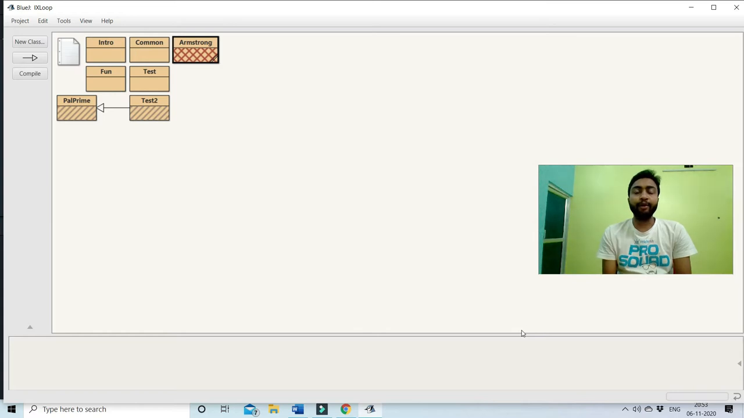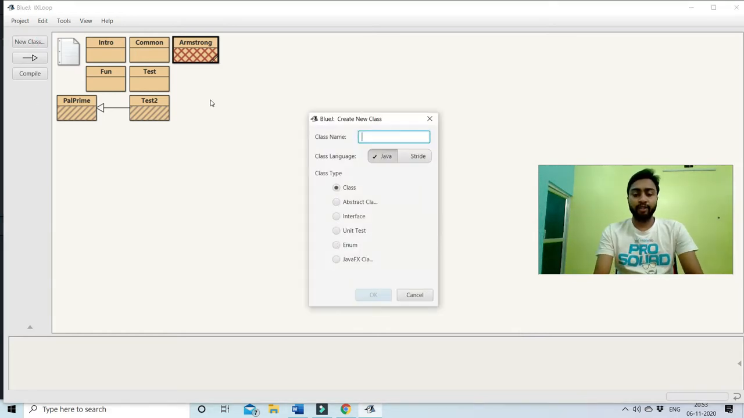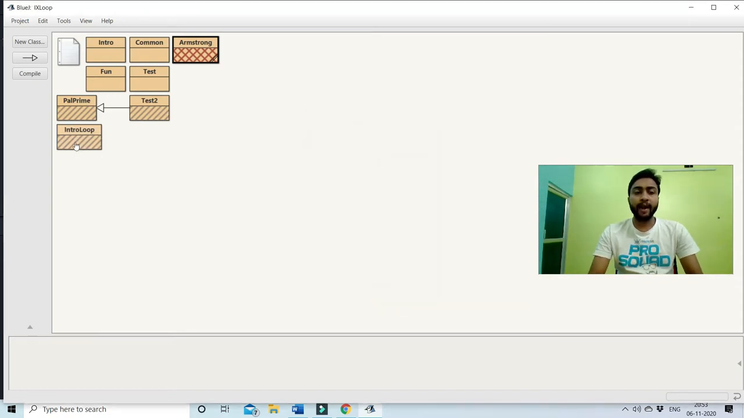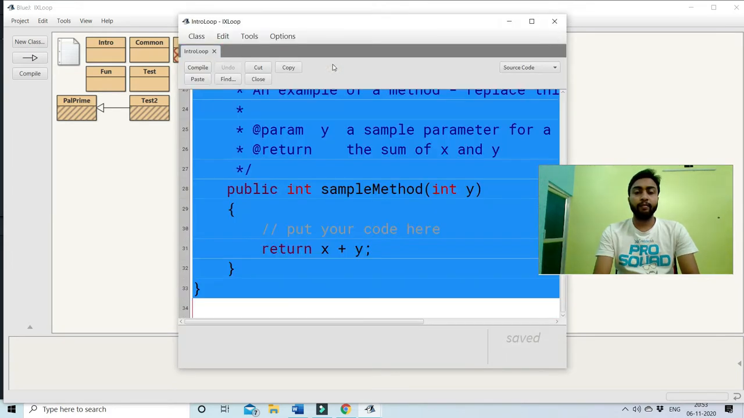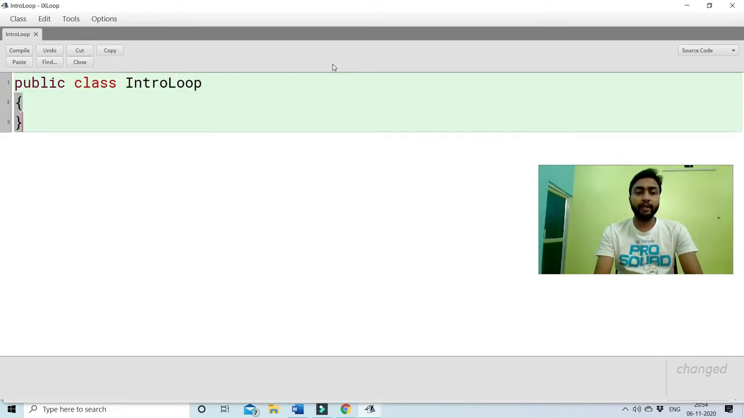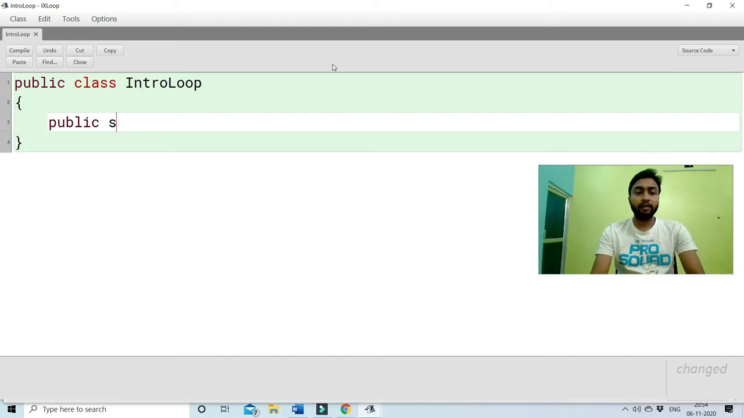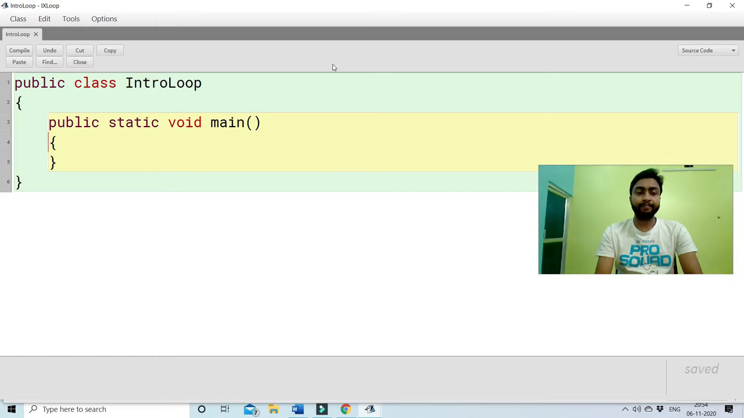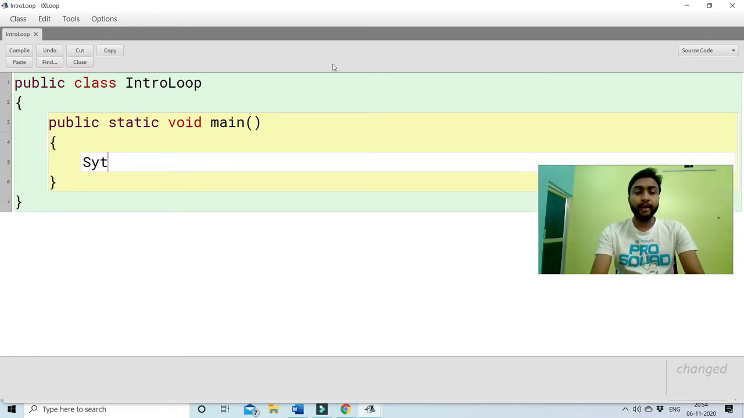Now I'm going to create a new class, which is an intro of loop, and I'm dragging it here. I'm deleting all the dummy code from here and creating another class known as intro of loop. Now here I'll write the basic main function, and here what I'm going to do, if I'm telling you to write your name,